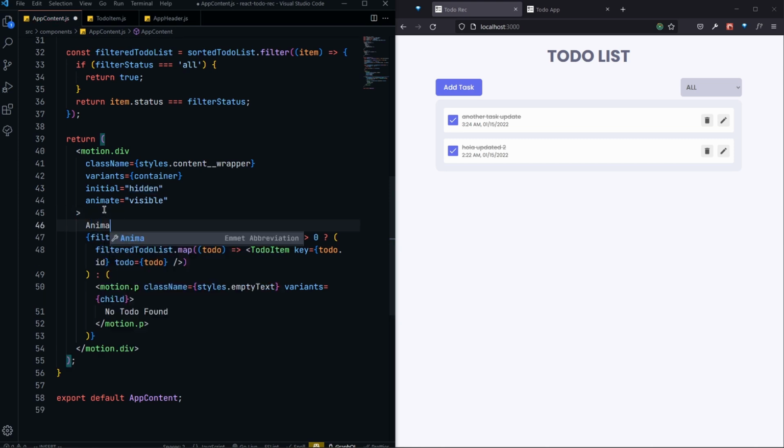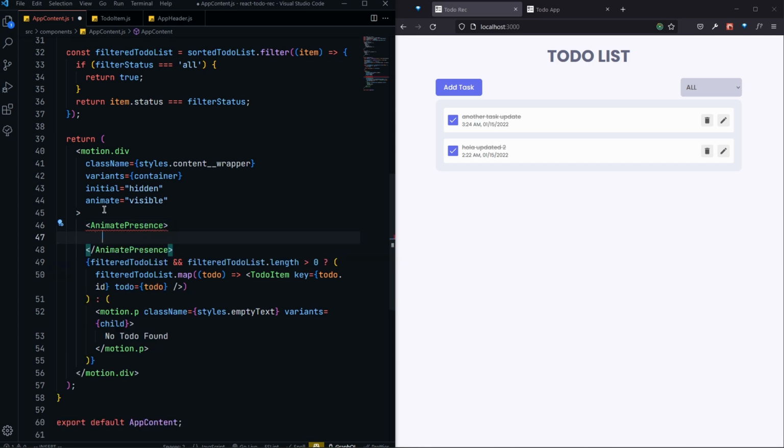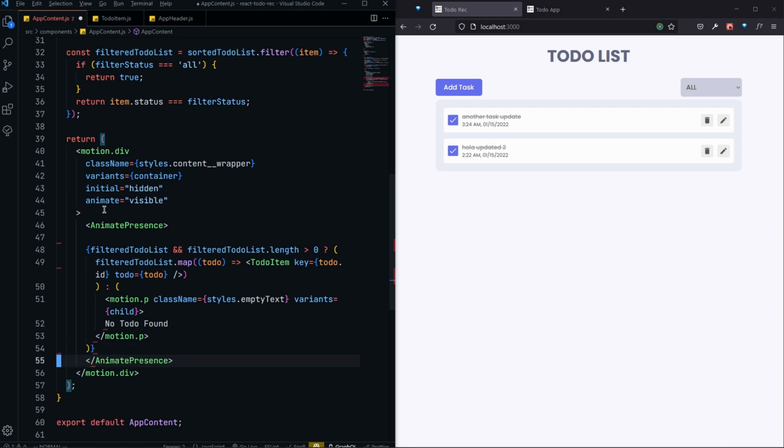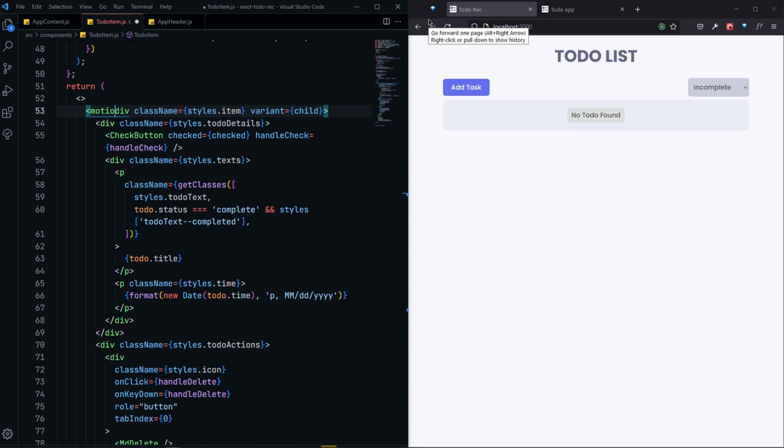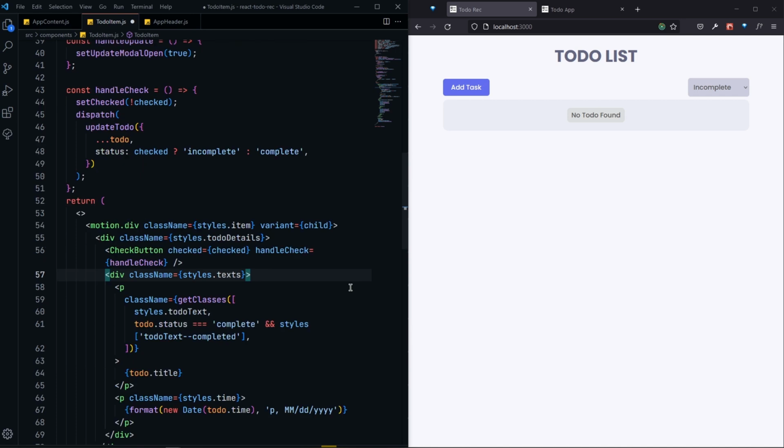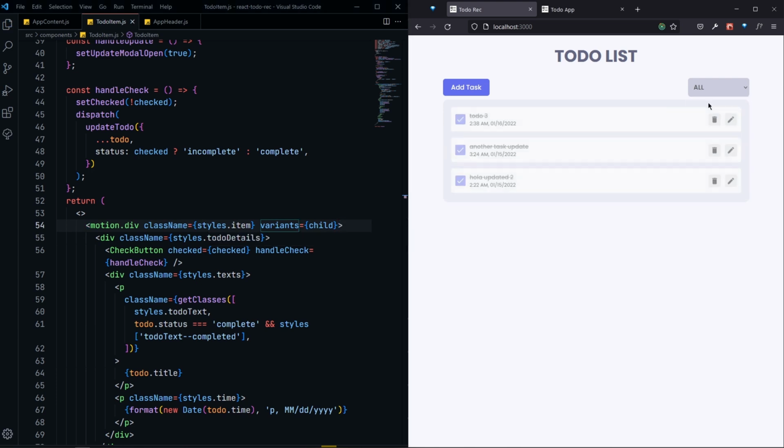So animate presence. Okay, so this will be from our motion framework motion, and we need to actually wrap this whole thing with everything inside this animate presence. And also this one should have a motion.div instead of the regular div, and also we need to import the motion from framework motion. And also we did this mistake. This would be variants. So now if I save and if I go to all, as you can see